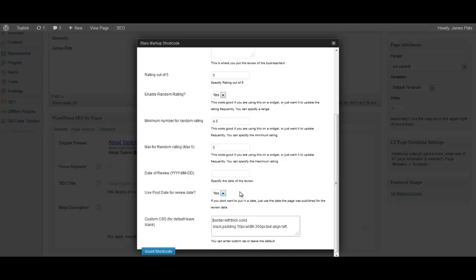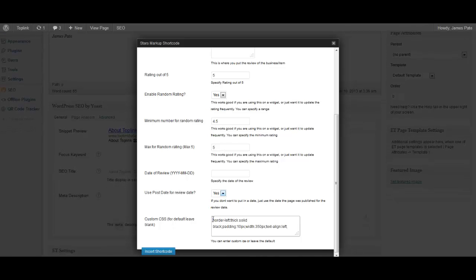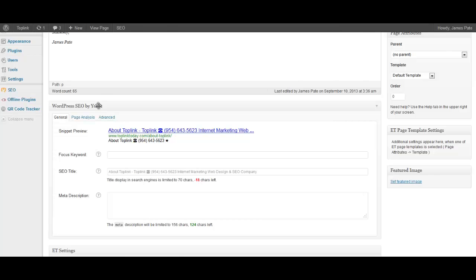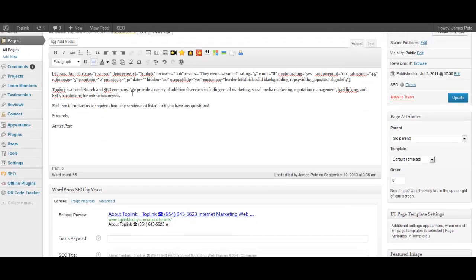If you want to change how it looks right now, it has like a little left line. So if you want to do that, you just delete this border left thick solid black thing, and if you want to add color, you change the font color. You just do color: black semicolon. So it's just basic CSS. So then you just click Insert Shortcode,